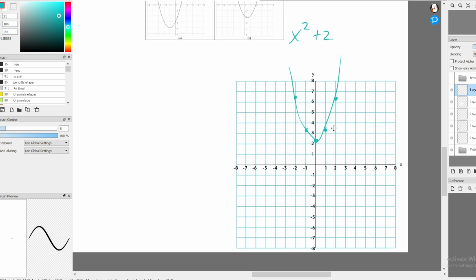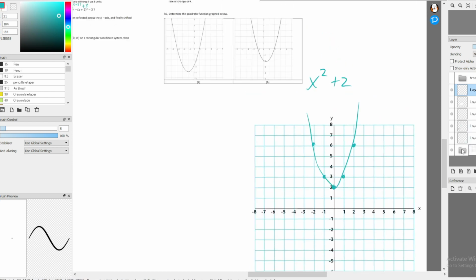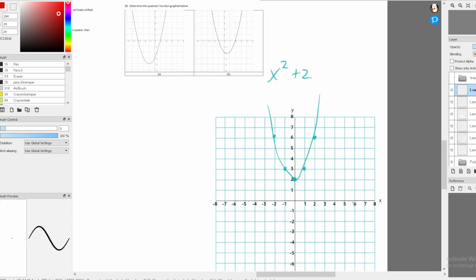But we moved it up 2. And so this is the new function, but we also want to graph the inverse. So we're going to find our points. We have 0, 2, we have 1 comma 3, and we have